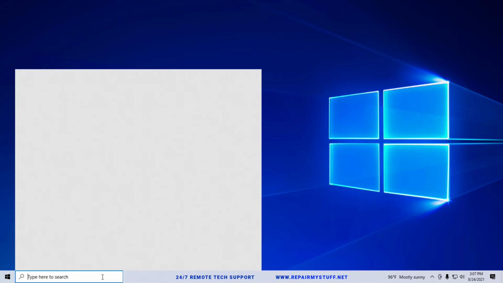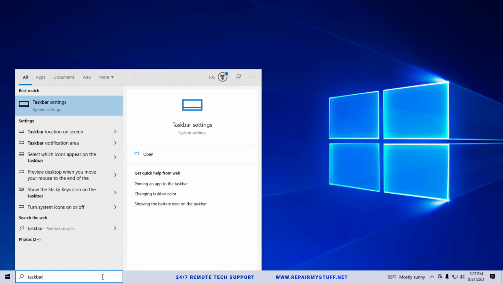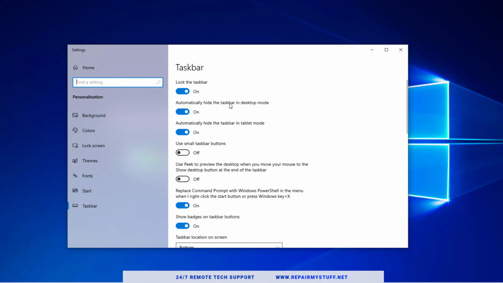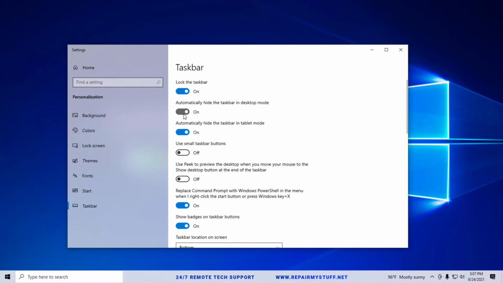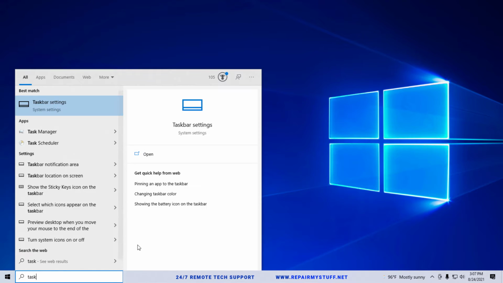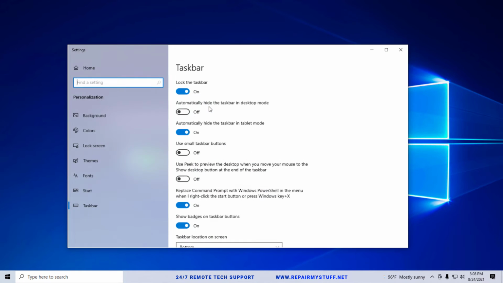That's an actual setting. So if you go to type in taskbar and you select taskbar settings, you're gonna see right here, it says automatically hide our taskbar in desktop mode. If I turn that off, then it will basically stop hiding my taskbar. As you can see here, it's always there. And obviously, if I turn it back on, then it will not show my taskbar unless I actually